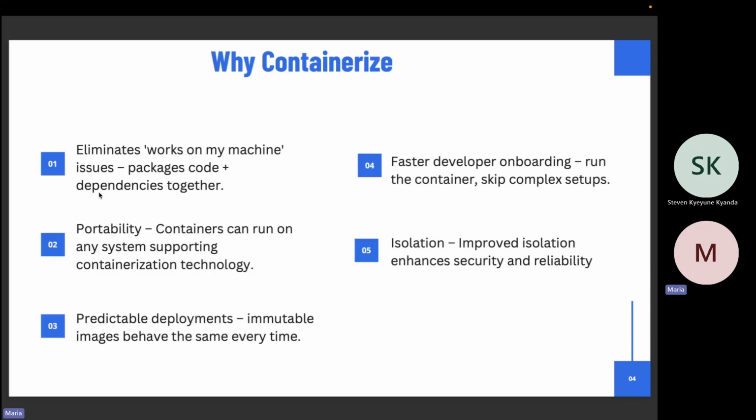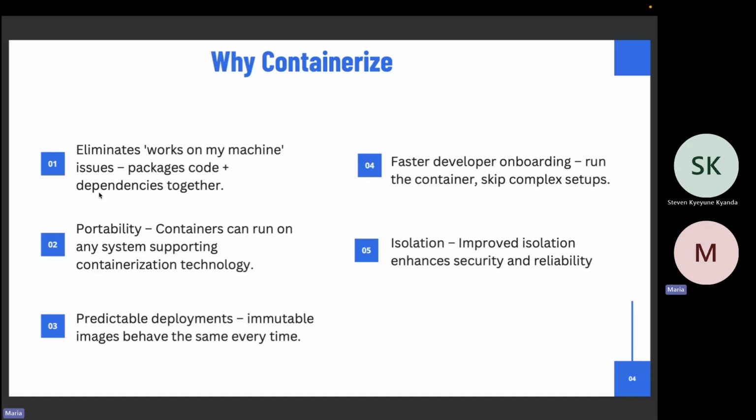And then the third is to have predictable deployments. So with this, you're sure that even if I go to an environment that is running Windows, it will still run as expected because the baseline is Docker. Faster developer onboarding.